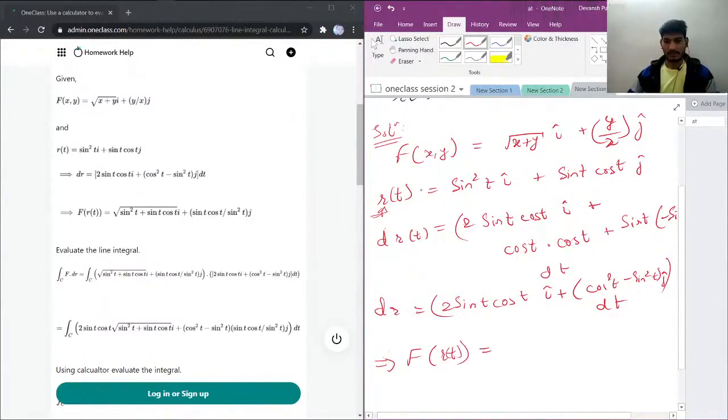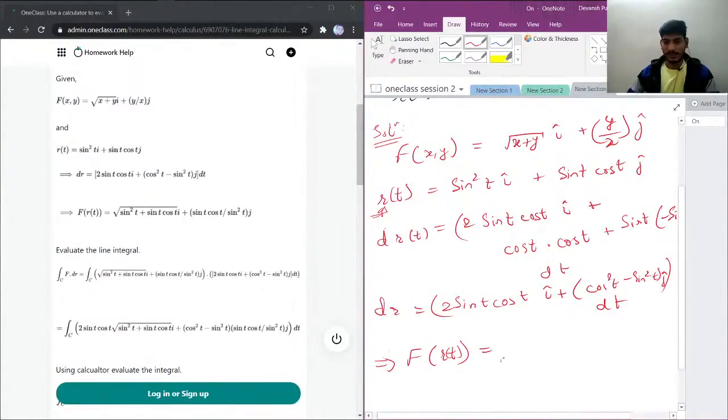In this function, it is like a composite function, so we are basically calculating g of f of x or f of g of x. So in the composite fashion, what we do here is, in the place of x, what was the function? It was sine square t, sine t cosine t. So we'll just put this and we will have